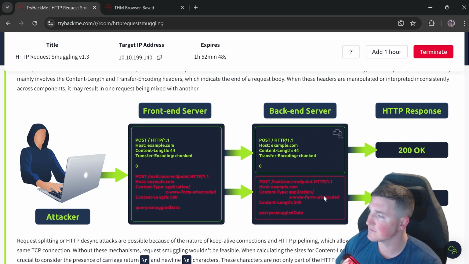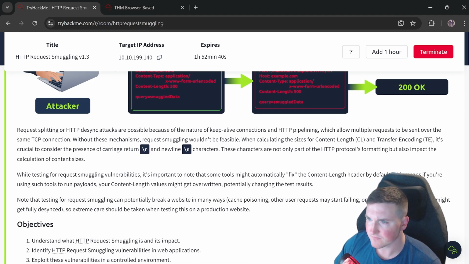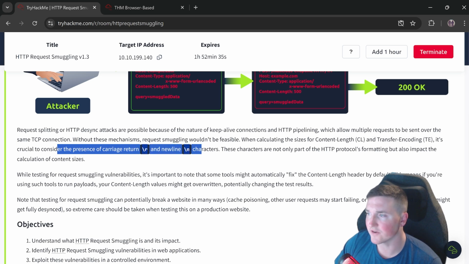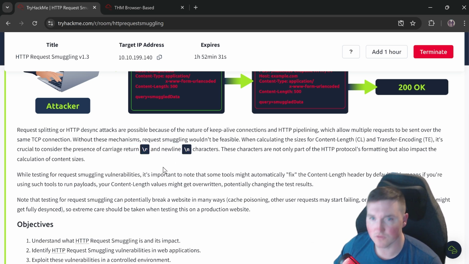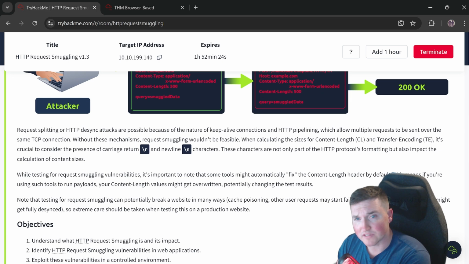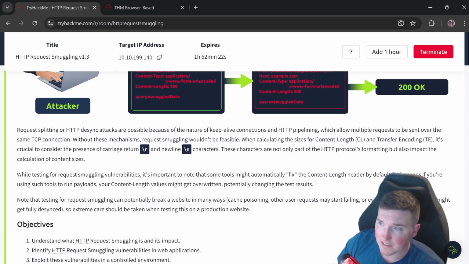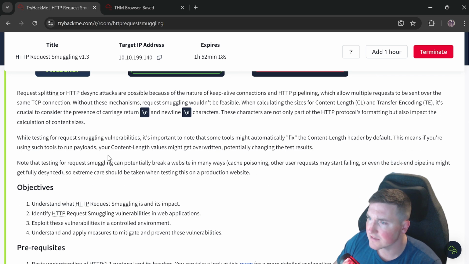And you notice it comes in as two requests, and they're saying, hey, 200, okay, this is good. So how do we do that? Now, one thing they say here is it's crucial to consider the presence of return and new line characters. This is true. It's crucial to make sure you're aware of that, because they will read separately. Another thing, you guys know I don't read this to you, so if you want to read it, read it. But another thing that they talk about in here, if I can find it, is